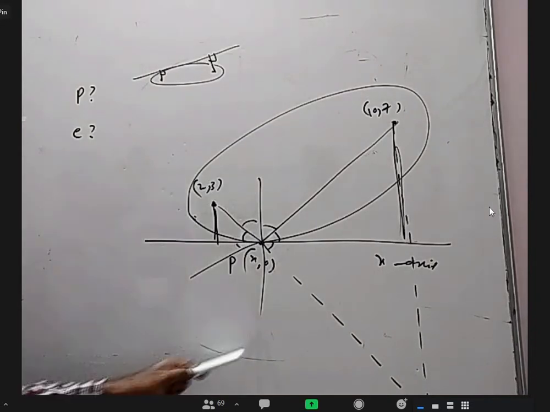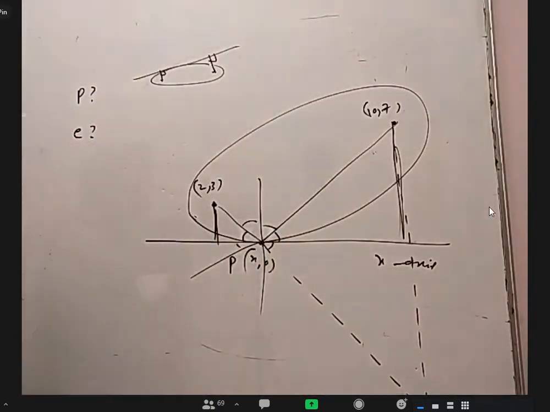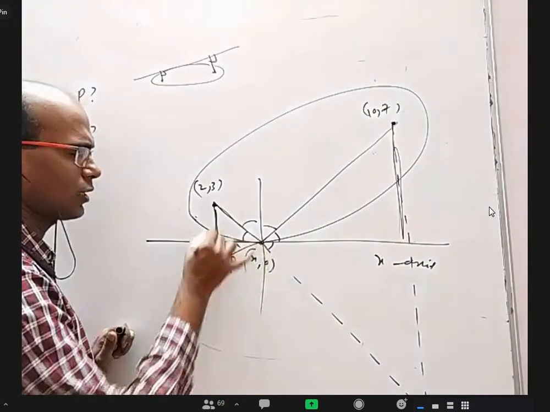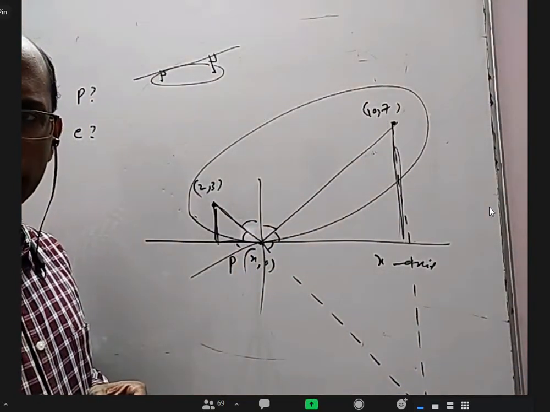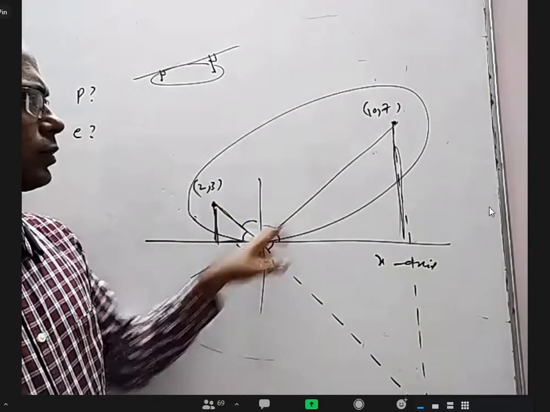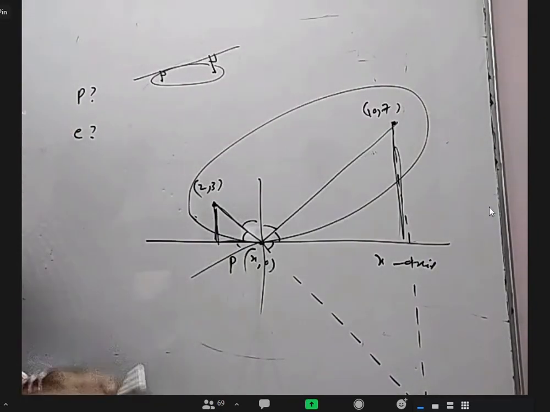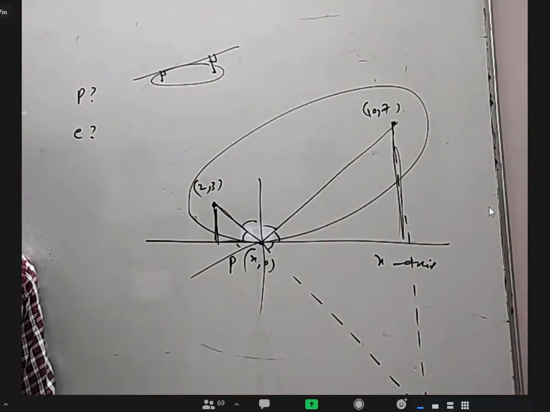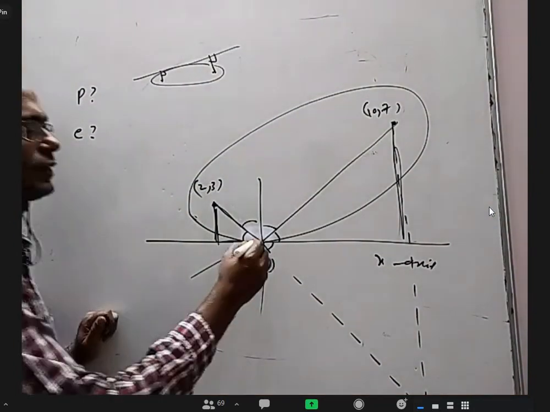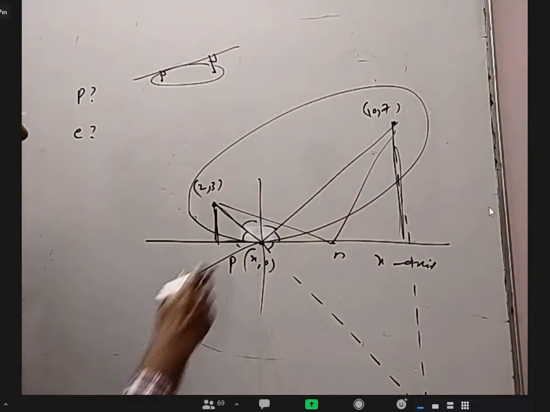In fact, you know b squared now and you know 2ae, so you can find a squared also. That way you can know the details of the ellipse. Not only that, SP plus S'P is constant. Yes, sir, SP plus S'P is constant. From that we can find the point (x, 0), but we don't know what that constant is. Can we differentiate it and equate to 0, sir? Yeah, that's also a nice point: if I take any other point, this plus this is more than this plus this.